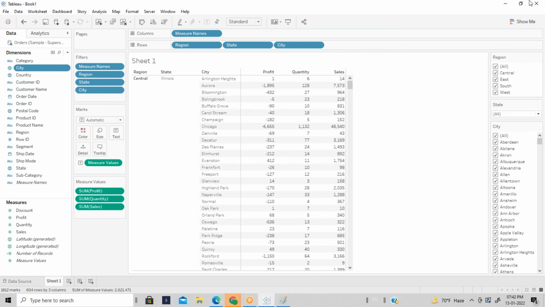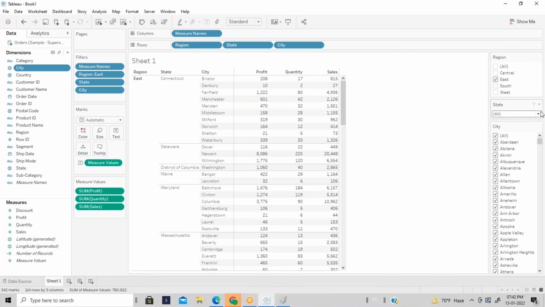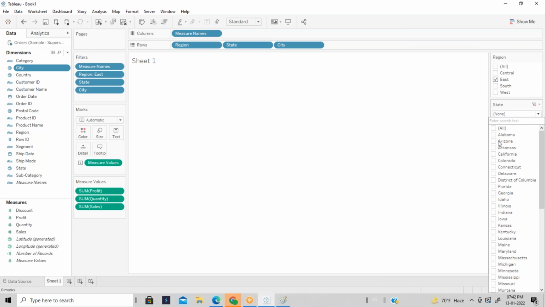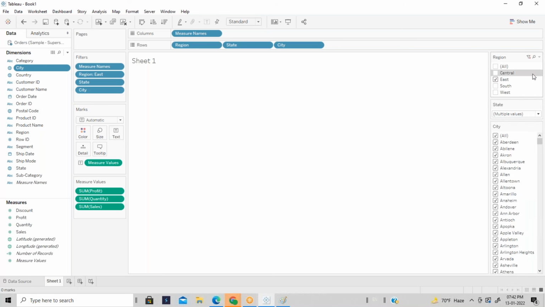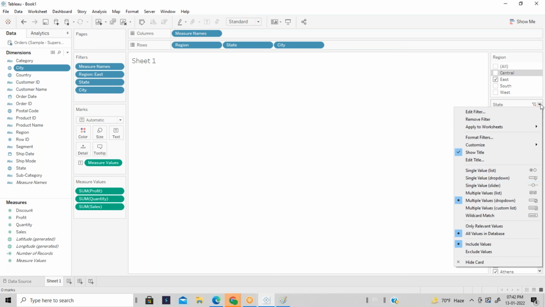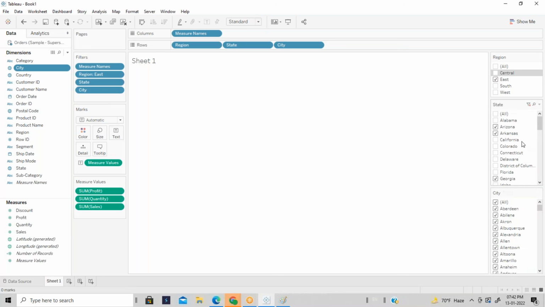Then we'll see this. Say I selected the East region data. Under the East, again, I just want to select specific states. See, why do I not see data? Guys, I selected the East, and I selected the state also, but the data is not appearing. Data is not coming here, even though I selected the state as well as the region.